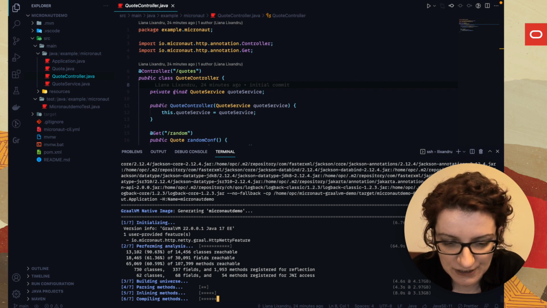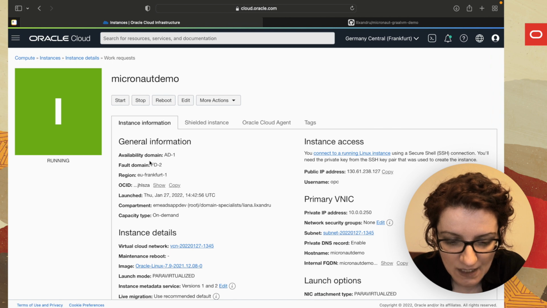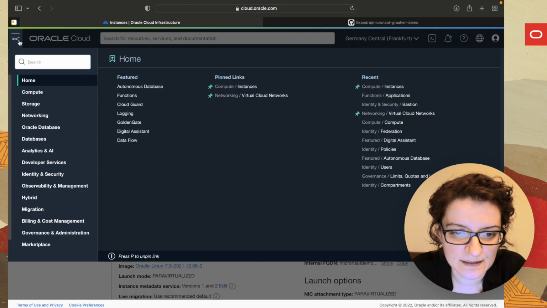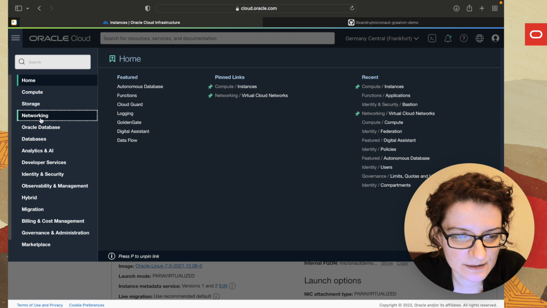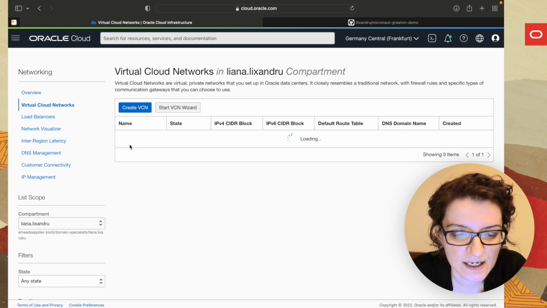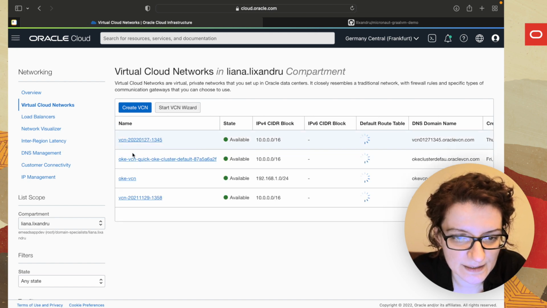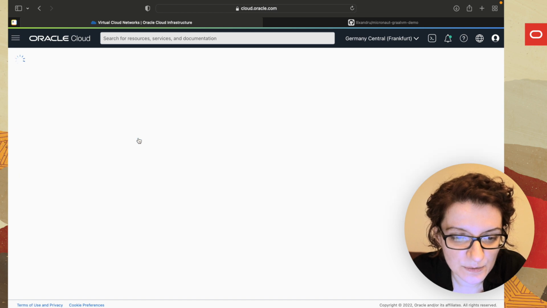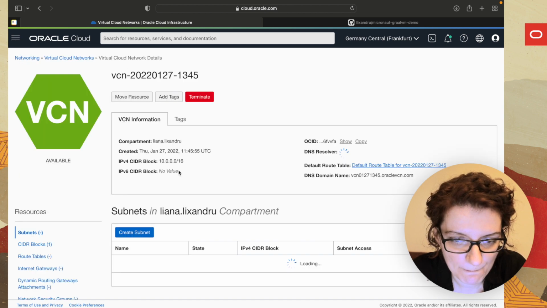Now, it should only take a little while until the last step for the compiling, and then we will be using curl to test it locally. So what also needs to be done, and which I have done before creating the instance because I have used a virtual cloud network that already existed, was that I went inside my virtual cloud network definition, which is this one,